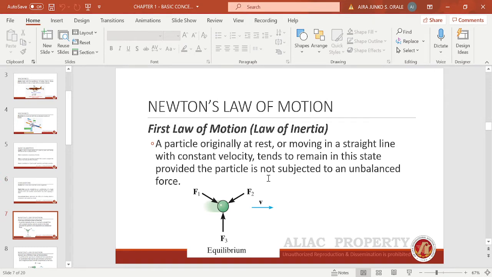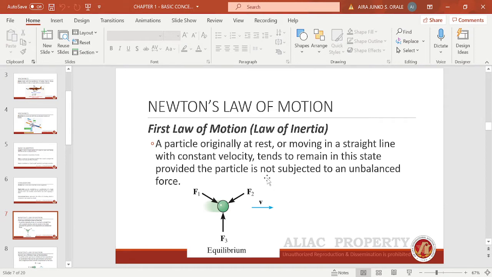So while talking about the mechanics or the statics of rigid bodies, we also need to be aware of Newton's laws of motion, because in statics we are talking about movement. So these three laws of Newton are essential to understand as well. The first law of Newton, or Newton's first law of motion, which is also known as the law of inertia,